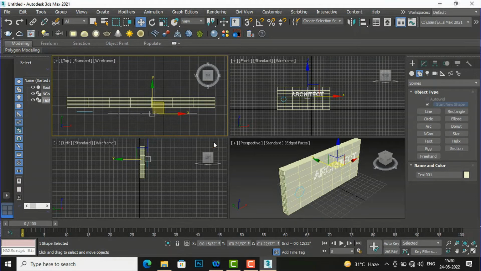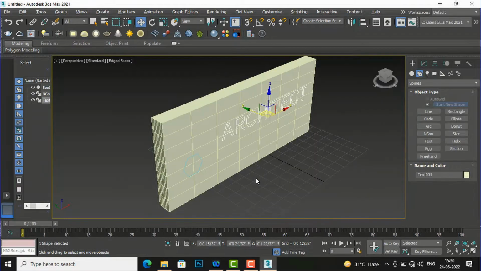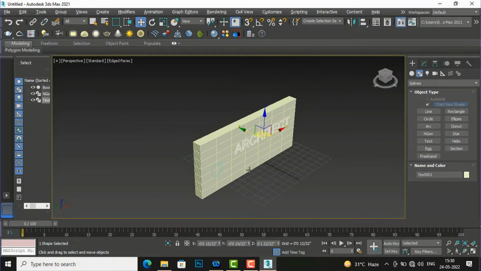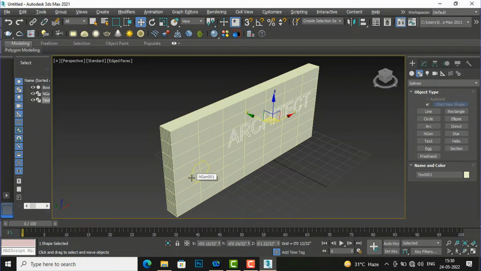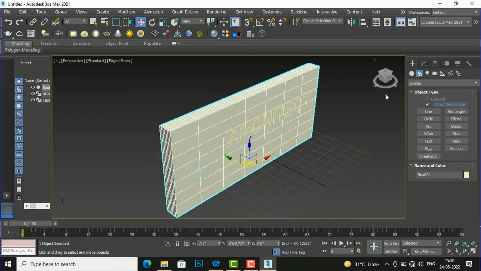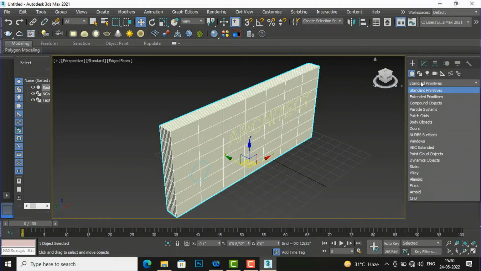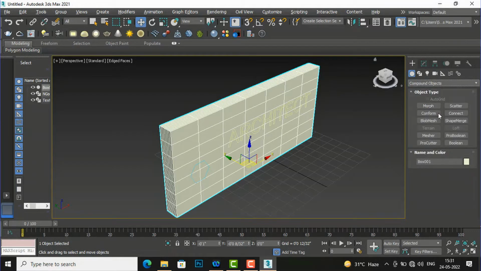The first thing you should keep in mind is that you are required to create segments in your object. So this hexagon and this architect text are our shapes and this is our object. I'm going to select my object first, and then we'll go to our compound objects and I will select